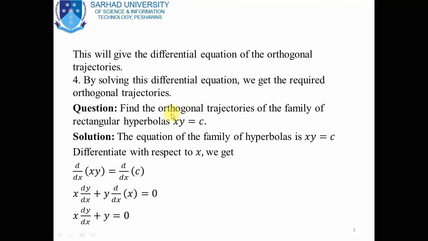So dear students, I would like to tell you again, note how to find an orthogonal trajectory. The procedure is, first of all, we have an equation, a function of a family of curves, and we want to find another family of curves which is orthogonal to this family of curves. For this purpose, first of all find the differential equation of the given family of curves, and then replace dy by dx in that differential equation by minus dx by dy. You will get the differential equation of the required orthogonal trajectory.